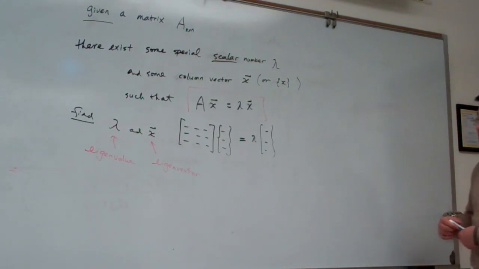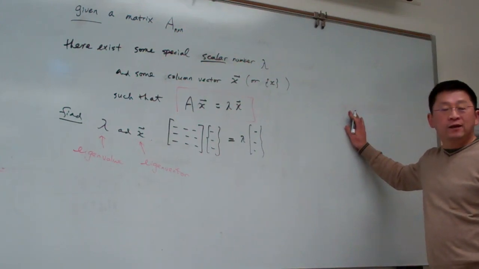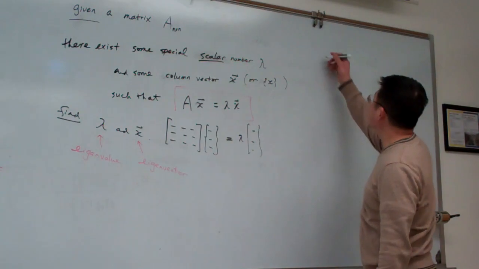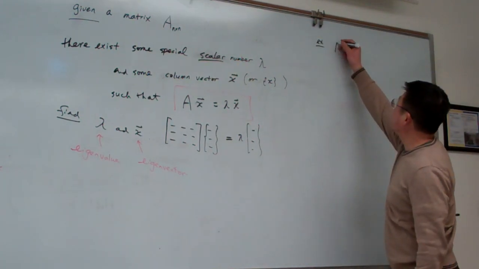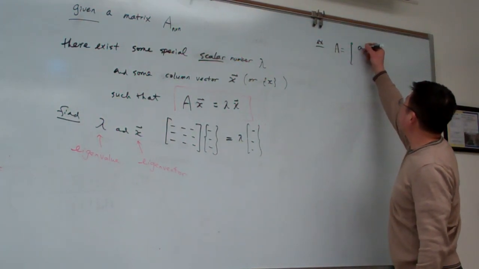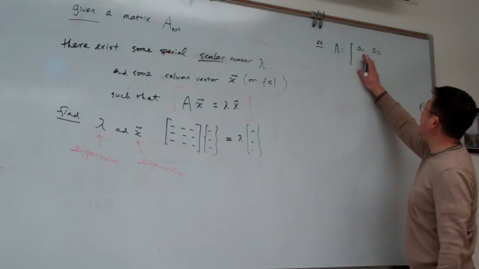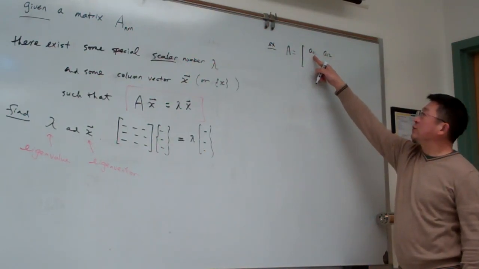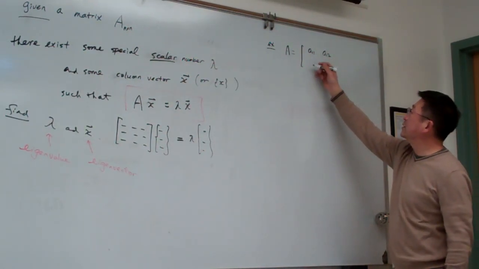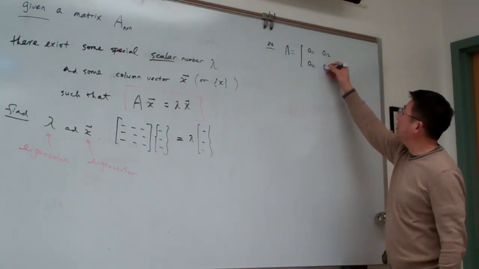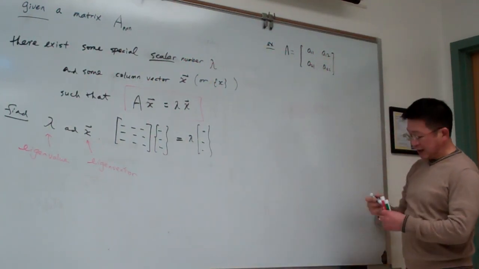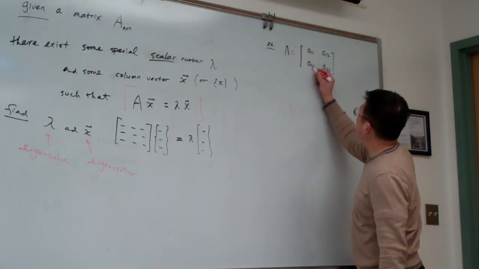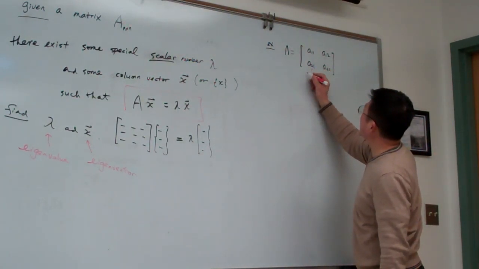Let me utilize the 2x2 matrix, for example, here. Say A equals A11, A12, and right now I'm using the index notation. This is called the 11 element, 12 element, and this is A21, A22. And again, the notation of these indices is such that the first one indicated is the